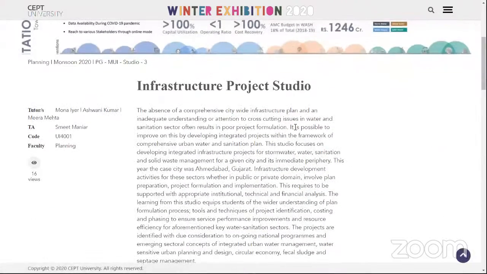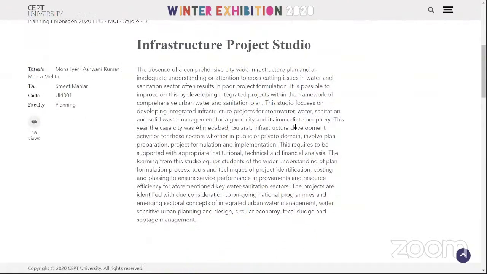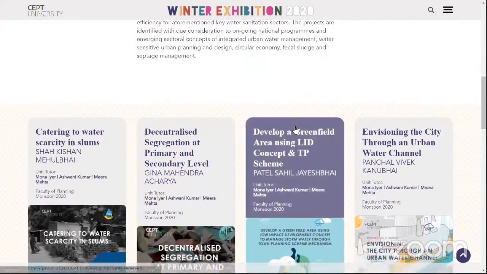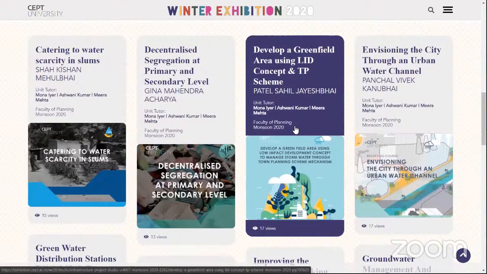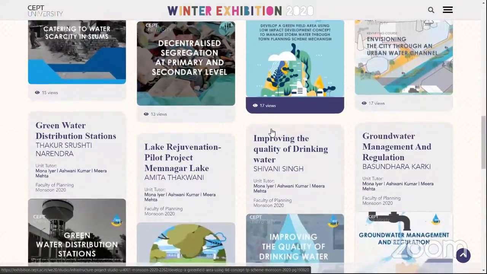We worked on a wide range of projects: LID through TP scheme mechanisms, sponge open spaces, lake rejuvenation, vulnerability reduction strategies in slums, water sensitive planning through urban water channels in the stormwater sector, catering to water scarcity in slums, green WDS, groundwater management and regulations, improving the quality of drinking water and framework for implementation of network SCADA in Ahmedabad, wastewater management for periphery of AMC, sanitation in municipal schools, reuse of treated wastewater in industries, public conveniences in